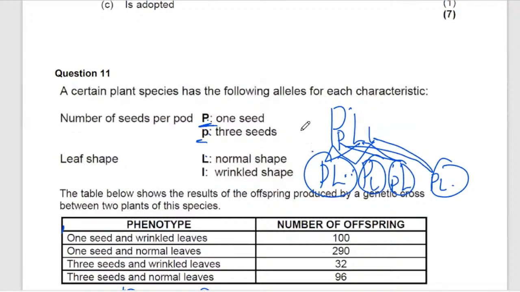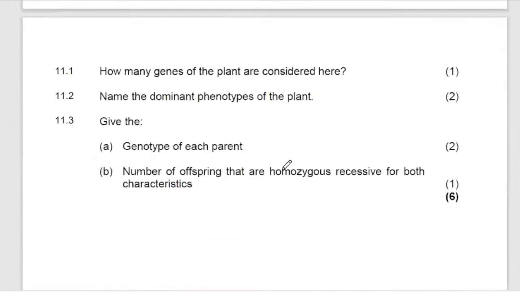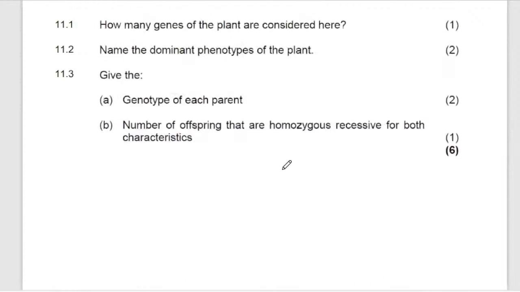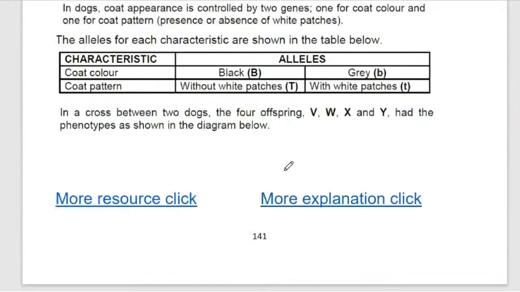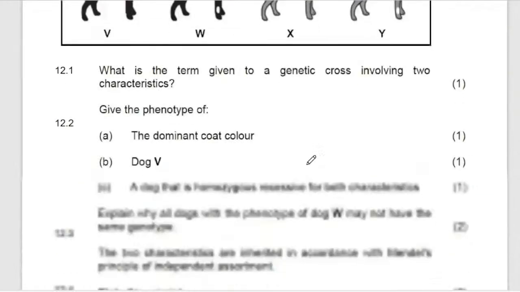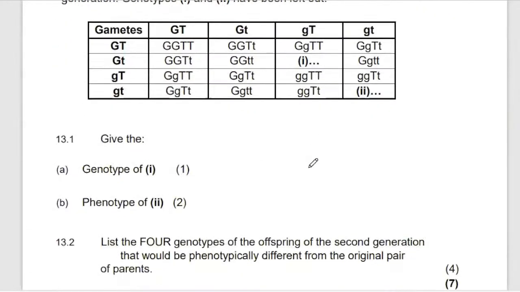So depending on whether you see they are here, it's 1, 2, 3, 4. But there are two genes. Genes for the number of seeds per pod and then the shape of the what? The leaf. So guys, the dihybrid is simple, right? Simple. Just make sure that you do it. Yes. So it's the same thing here. No one is gonna ask you to